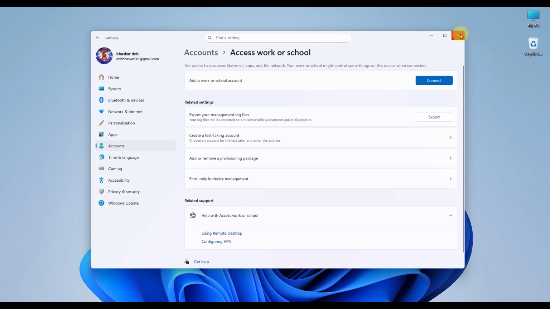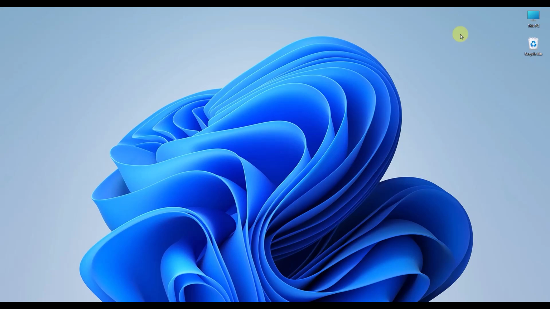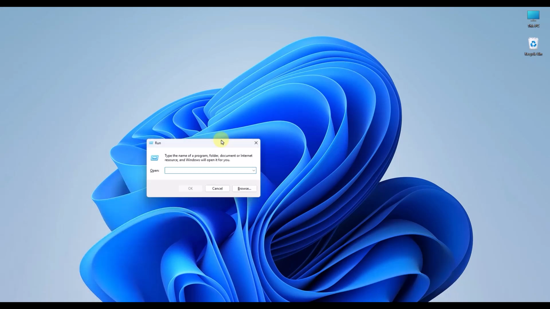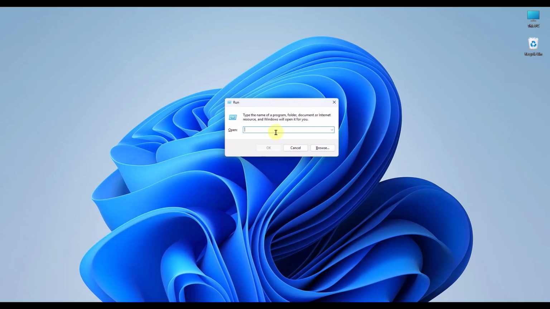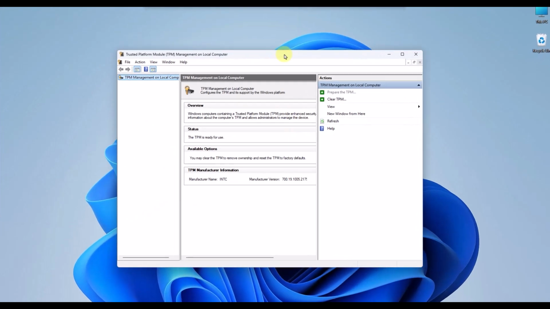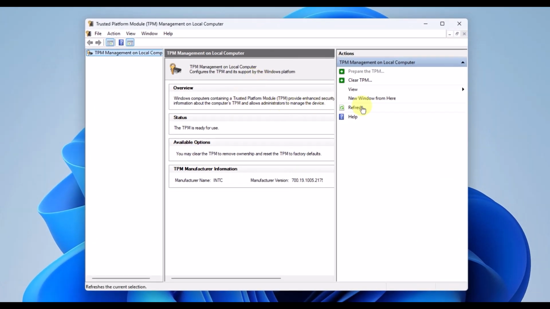Next, you must clear the Trusted Platform Module cache to force your computer's motherboard to generate fresh, uncorrupted cryptographic keys. Press your Windows key and the R key together to open the Run dialog, type exactly tpm.msc and press Enter to open the Hardware Management Console. On the right side of the window, under the Actions pane, click Clear TPM and follow the prompts to restart